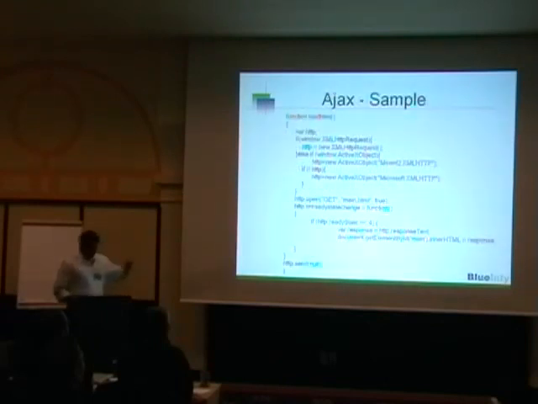Ajax sample, this is a sample code. On top we are initiating the XHR object. In the middle part we are opening a socket: http.open GET, mainstream main.html, and at the end you see true. This is true for an asynchronous call. Then we are waiting for onreadystatechange. As soon as its state becomes 4, we execute certain routines.